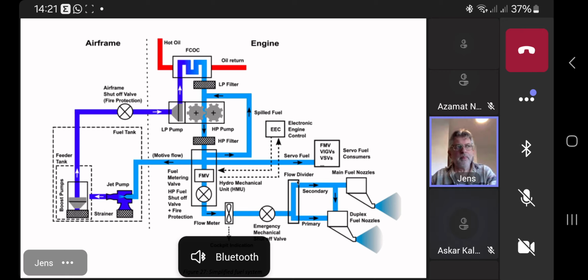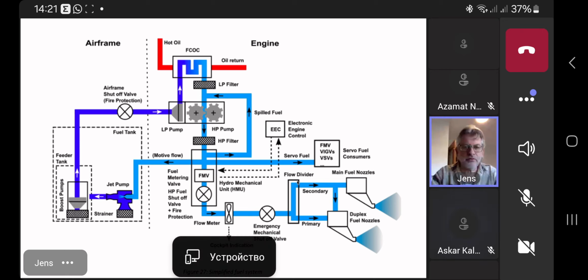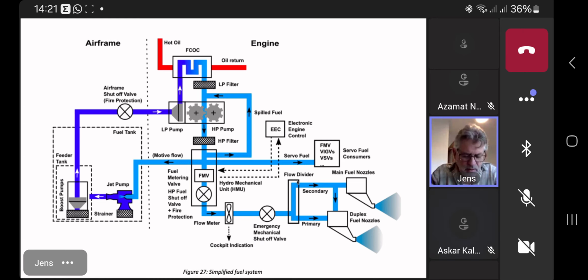Valve, yeah, to manage to control. Especially at the beginning when we would like to start the engine, we need less fuel for reliable startup. So the flow divider valve opens just one channel, one line to the fuel nozzles, whilst when the engine has successfully started and we would like to take off, for example,